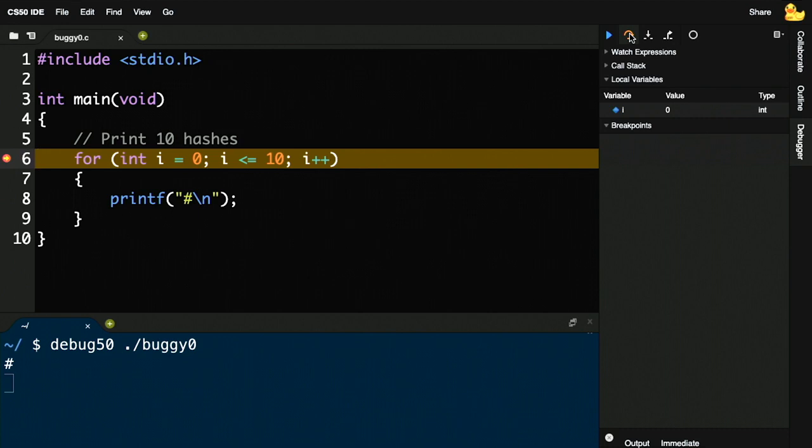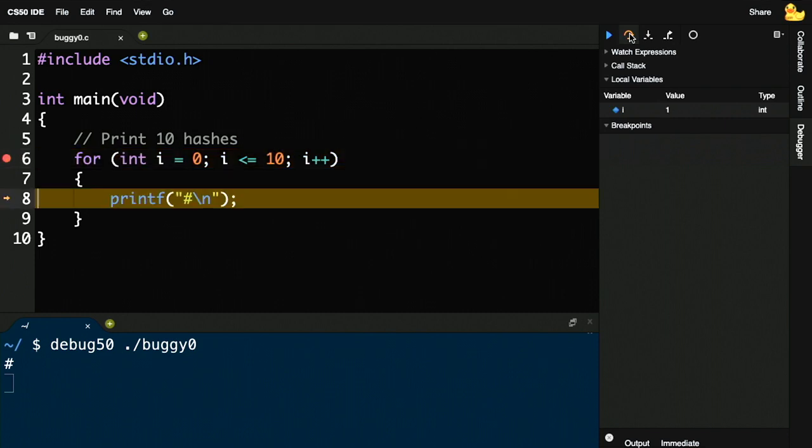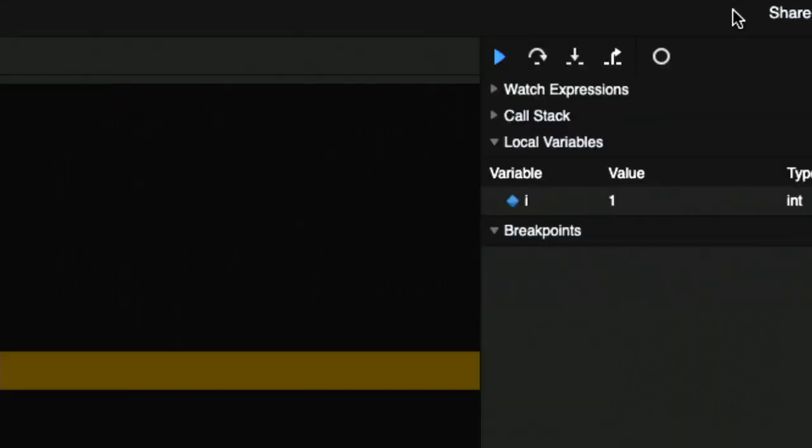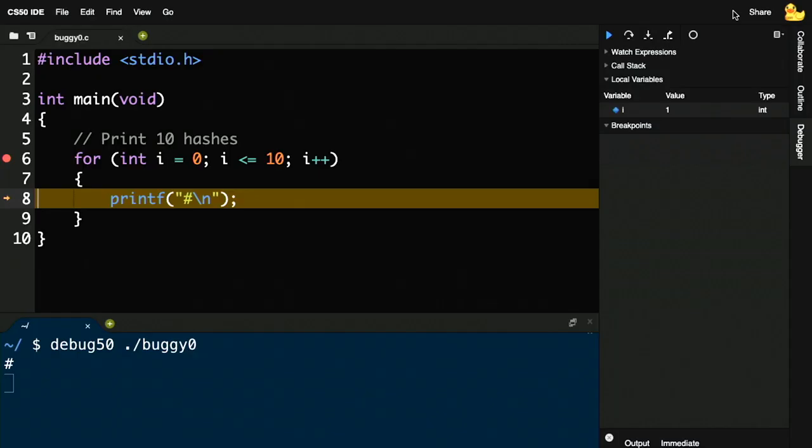But what next happens in a loop? Every time you go back to the beginning of the loop, remember that your incrementation happens, like the i++. So watch now closely in the top right-hand corner. When I click step over now, notice that the value of i in my debugger has just been changed to 1. So I didn't have to use printf. I didn't have to mess up the output of my screen. I can literally see in this GUI, this graphical user interface on the right-hand side, what the value of i